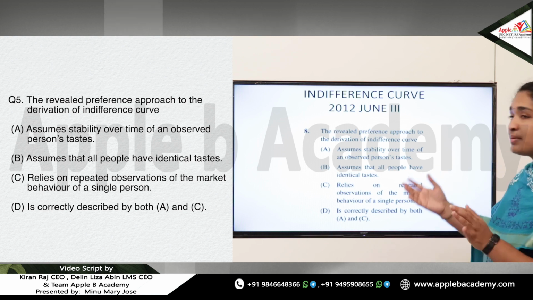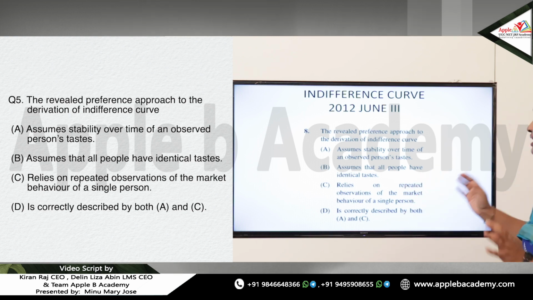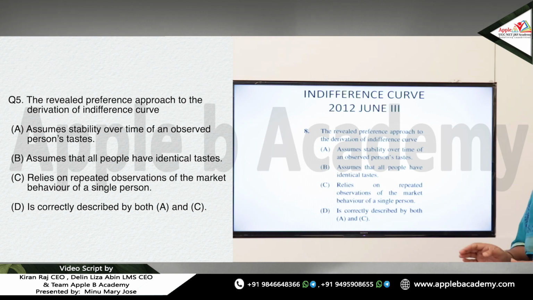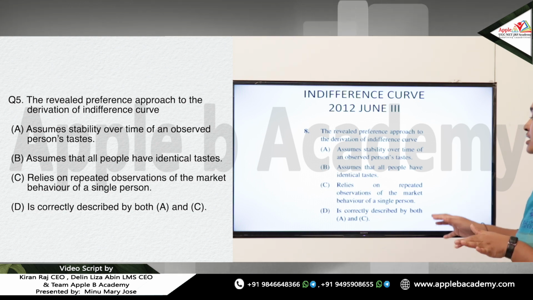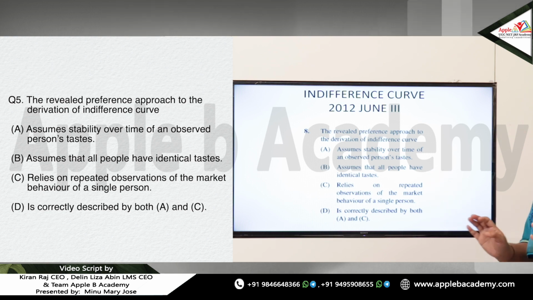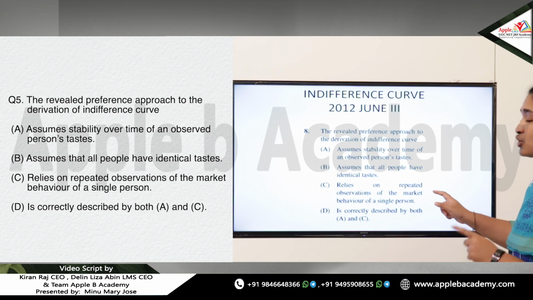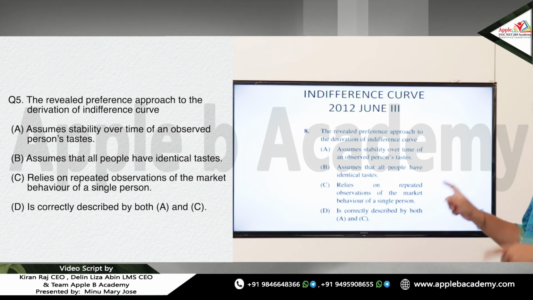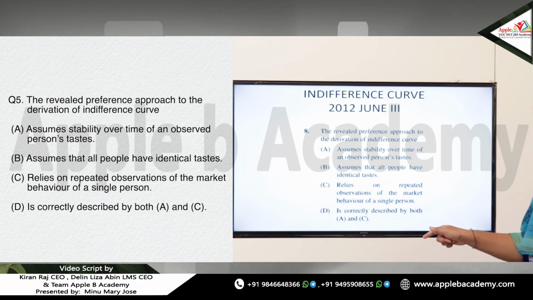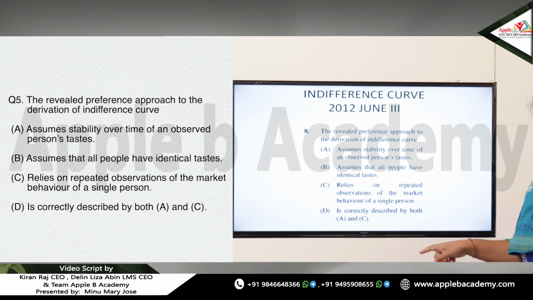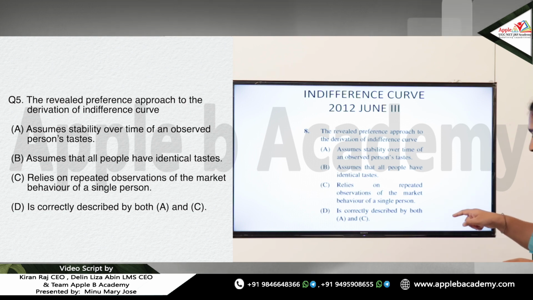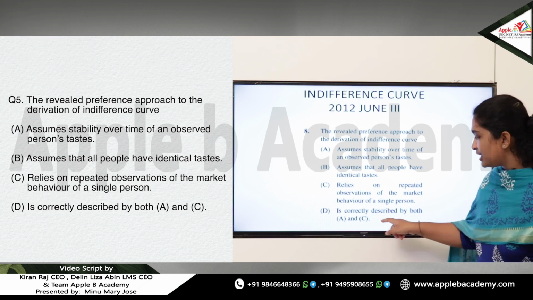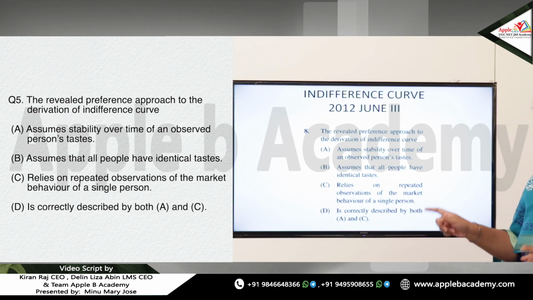So this revealed preference theory always assumed that the individual's observations are based upon what they exactly behave in the market. So we can be sure that option A and option C would be exactly right, while option B, that all people are having identical taste, cannot be applied into this theory of revealed preference. So which gives us the answer that option D, it is correctly described by both A and C, as the